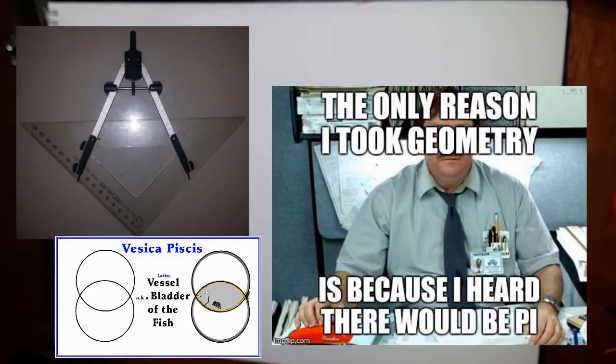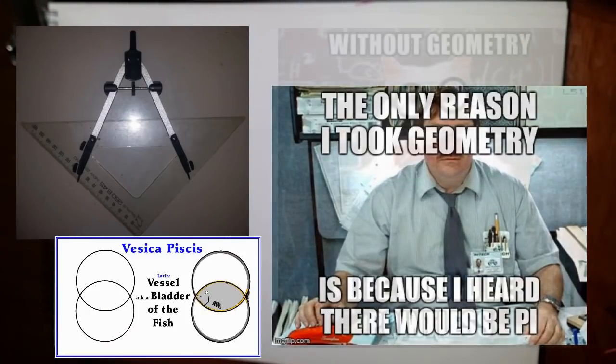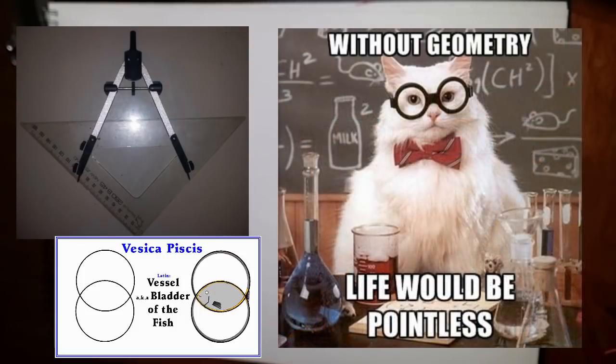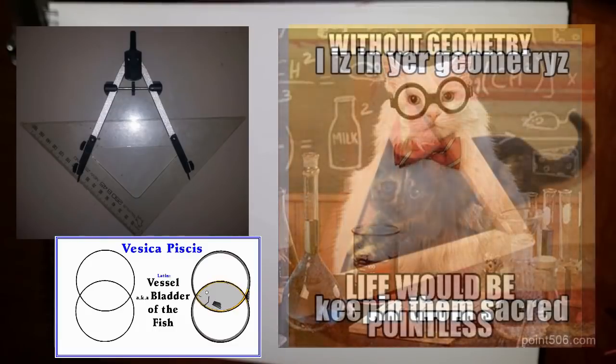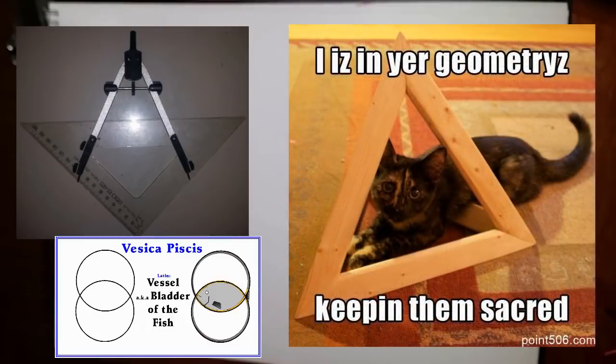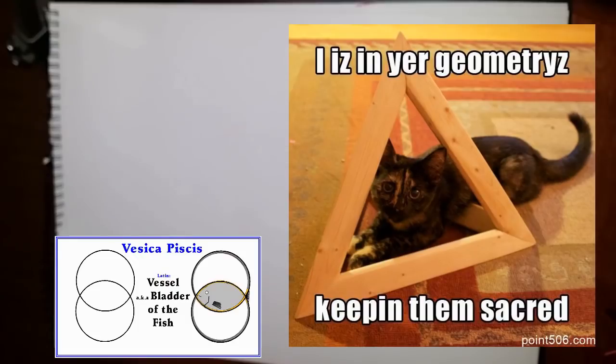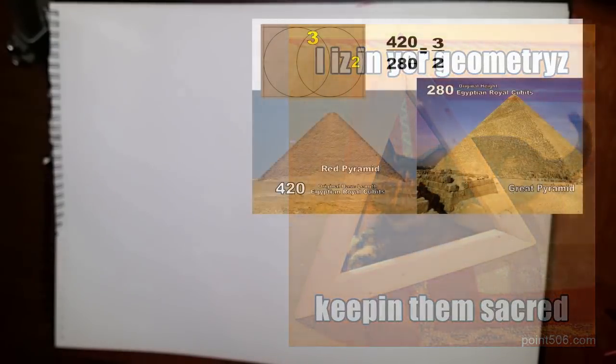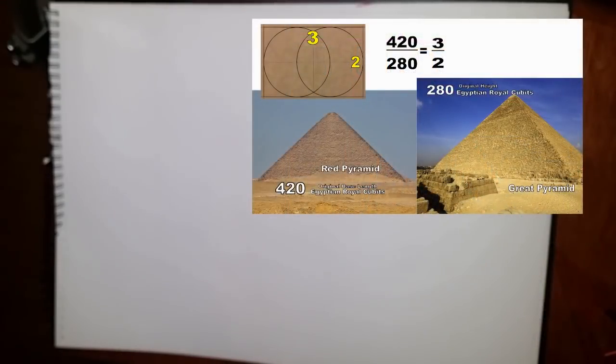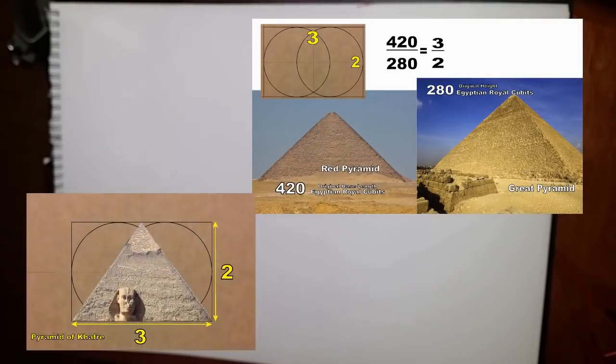Okay, so with some very simple geometry, the same links will be in the description to previous episodes in this little series. The basic geometry, sacred geometry, the Vesica Pisces and how it applies. We've already shown the Red Pyramid, how that connects to Khafre's pyramid, how that connects to the Great Pyramid